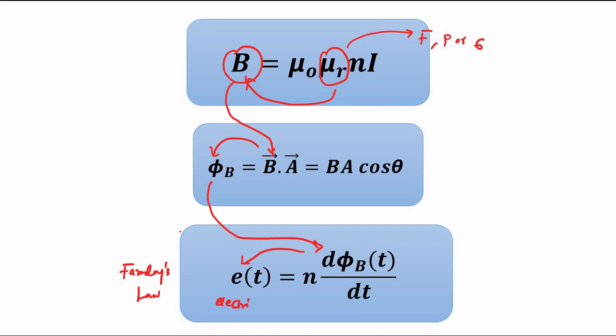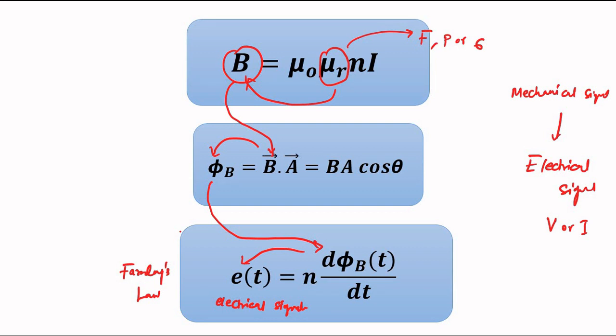electrical signal. The main essence of any sensor or transducer is to convert a mechanical or physical signal to an electrical signal, because we can measure an electrical signal in terms of voltage or current. So electrical signal means voltage or current, and this is happening here. We have to identify a parameter which responds to that external mechanical signal. So here, the electrical or electromagnetic parameter which is responding to the physical signal, force, pressure, stress,